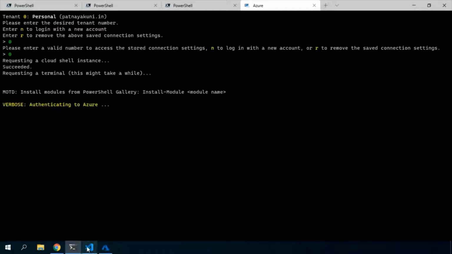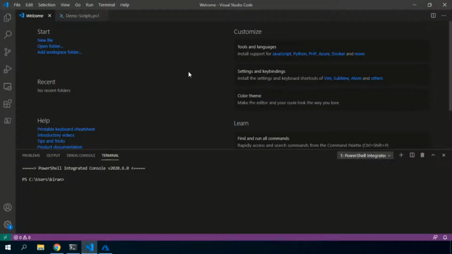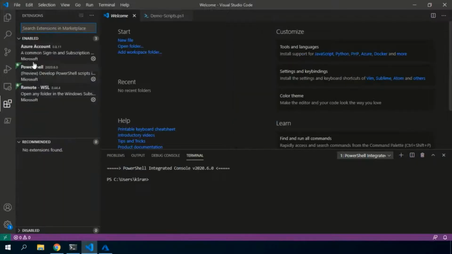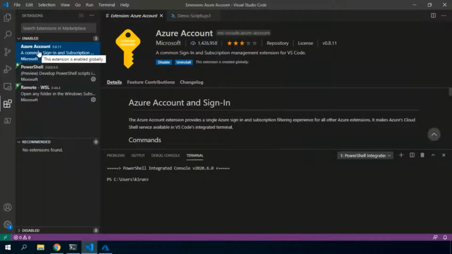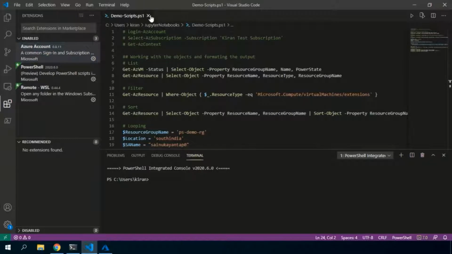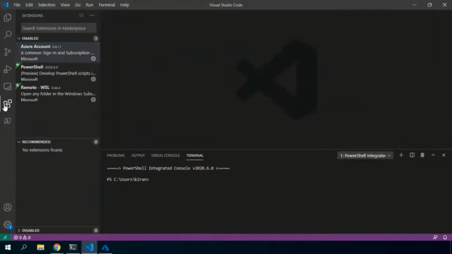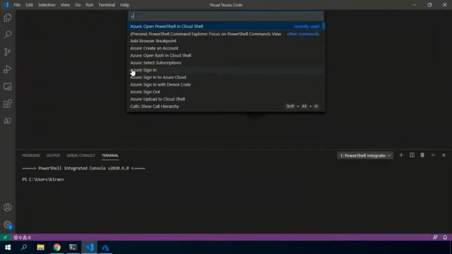And there's another way of accessing the Cloud Shell: using VS Code with the Azure Account extension. Of course, I've already installed the extension. Otherwise, if you want to start, yes, you need to install this extension. Once it is installed, you can go to the command palette.